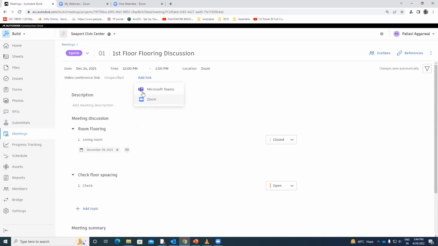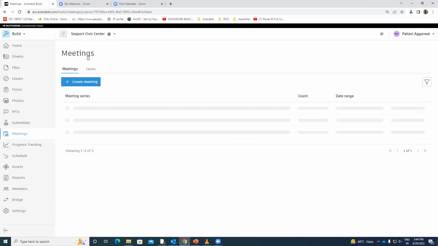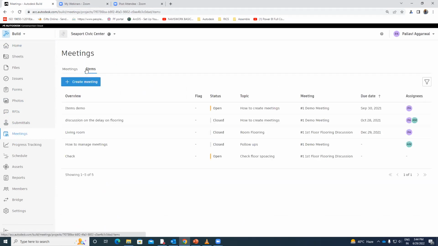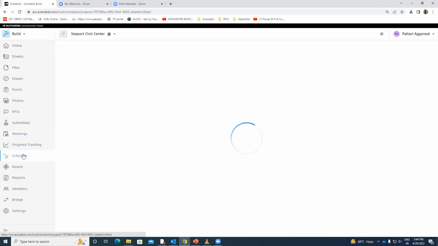And if we go back, all the topics that we discussed now become items and are here looking to us as a status-marked item list. So, let's see, the meeting due date, which was on 30th September, is now visible to us as an open status that is still not resolved and we need to take action on it. This way we can manage our discussion topics within the platform itself.